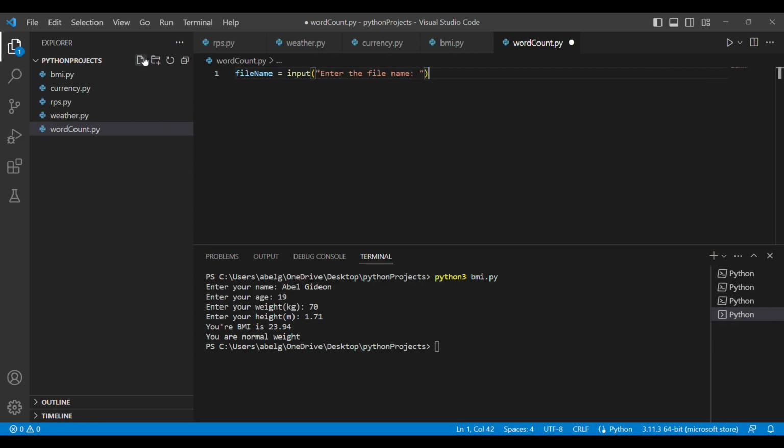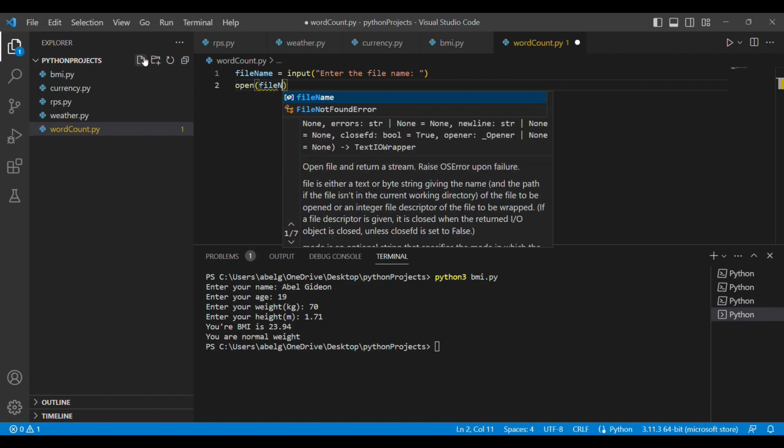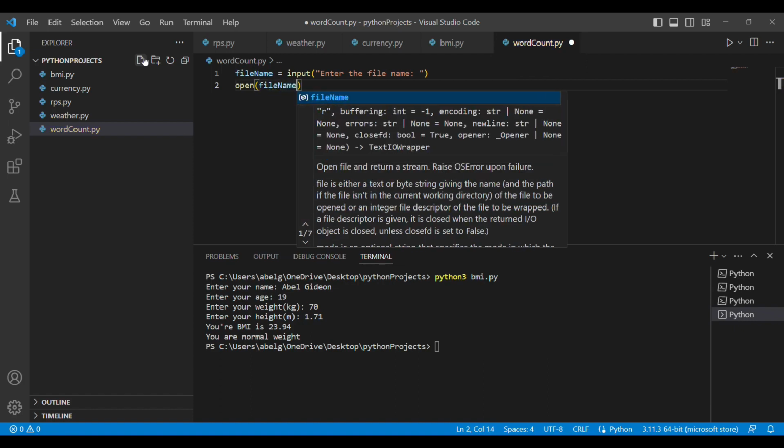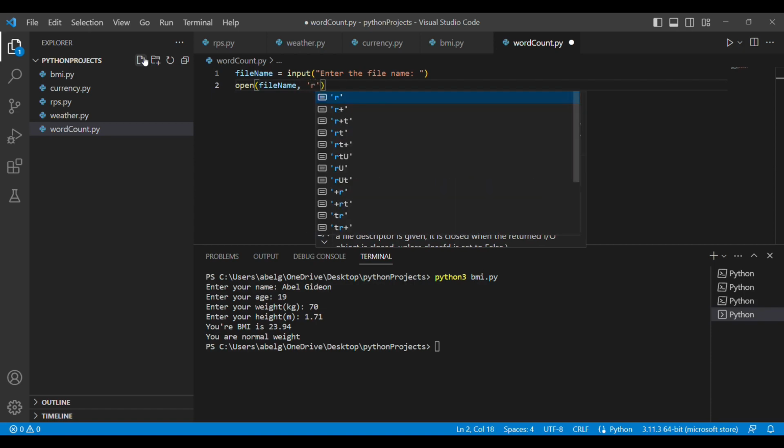Once we have the file name, we're going to use the open function. Inside the open function, it takes in two parameters. One is the name of the file and the other is the mode we want to open the file in. The name of the file in our case is file name, which we took from the user, and the mode is going to be read mode, so we're going to have R.